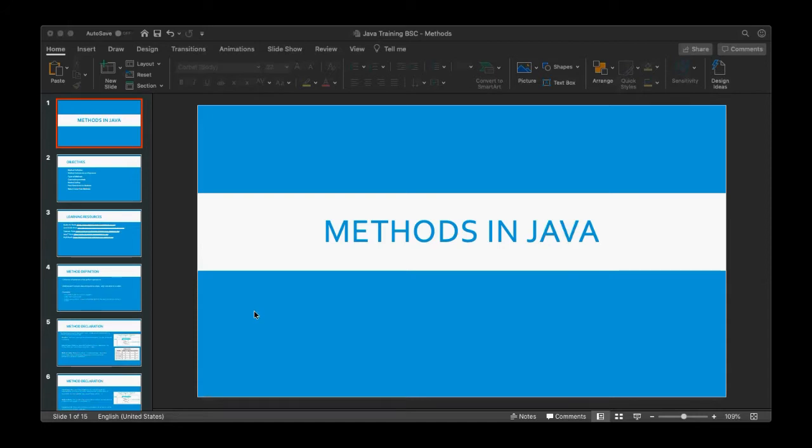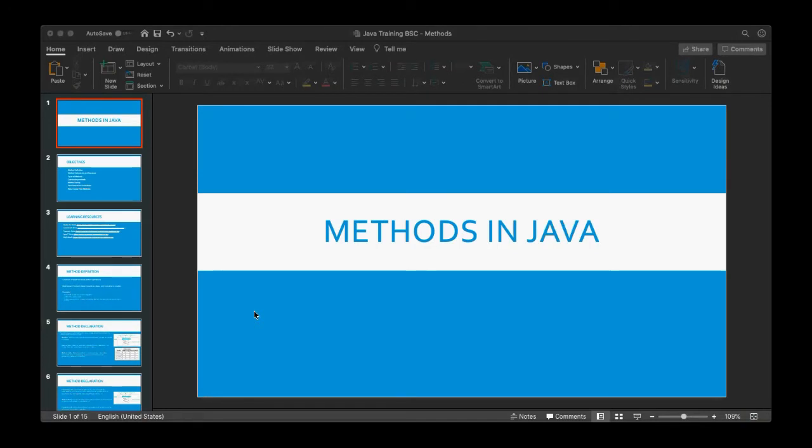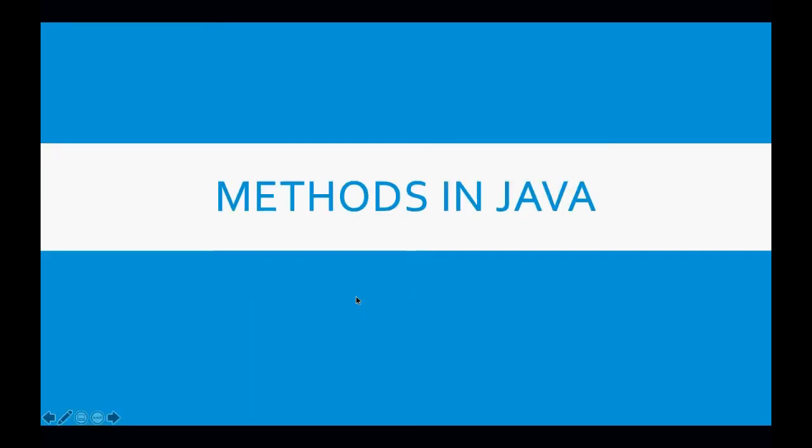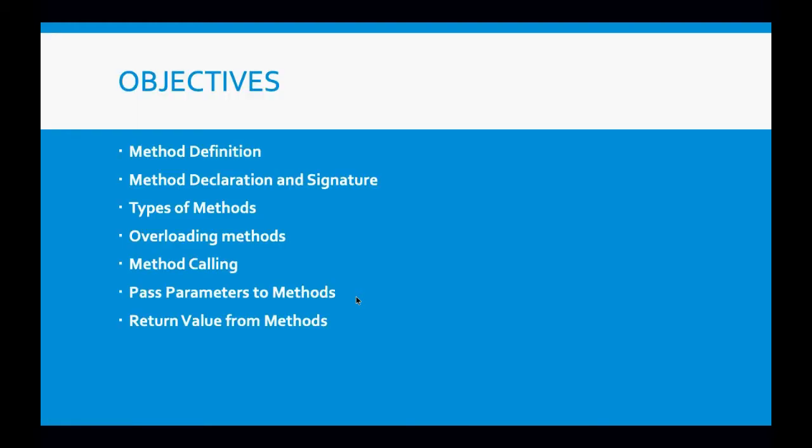And today we'll be discussing methods in Java and some object-oriented programming concepts. So, like I said, today we'll be talking about methods in Java, and the objective of this class is to know what a method in Java is, to know how to declare a method and what a method signature is. And we'll also be looking at the different types of methods and a method concept called overloading methods, and how to call methods after they've been declared, and also how to pass parameters to methods and how to return values